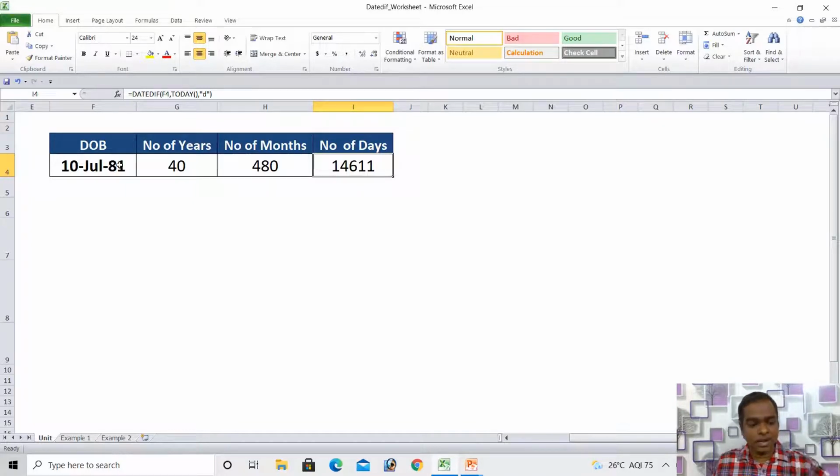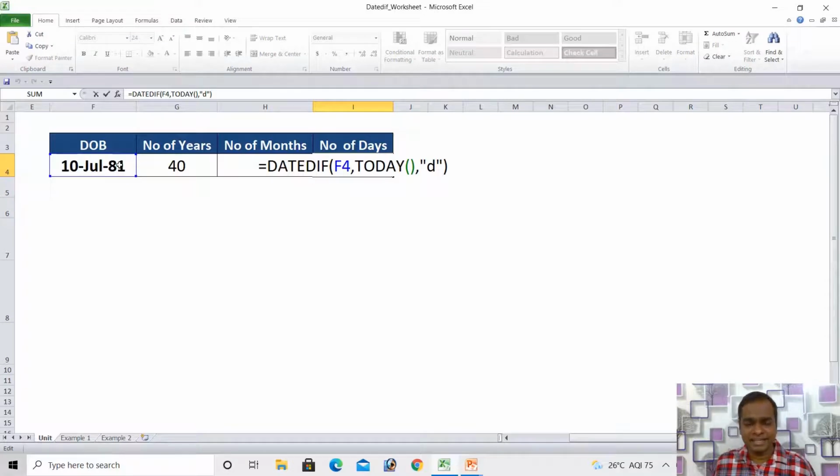So this is the way we can get the number of years, months, dates. It's a very intuitive and easy formula to write, to understand, and to remember. But while applying this function in the initial stage with the equal symbol, you will not find it, but it will work. And that is the way you can calculate the number of years, months and days.